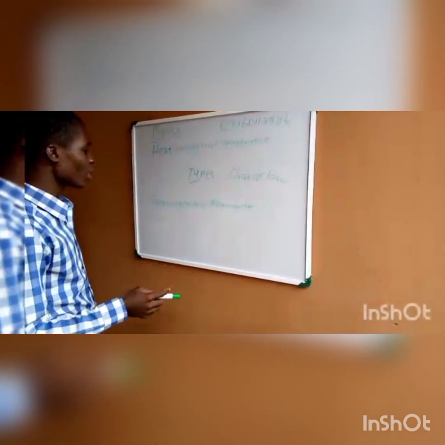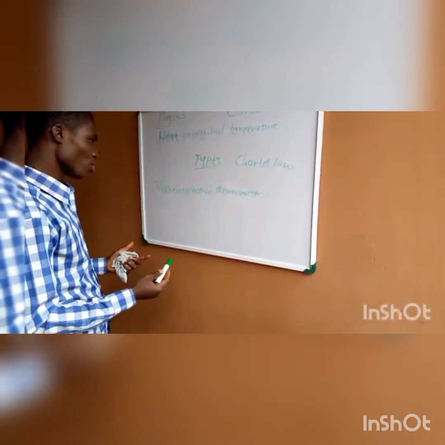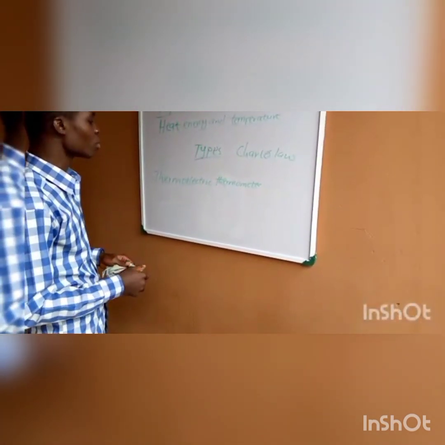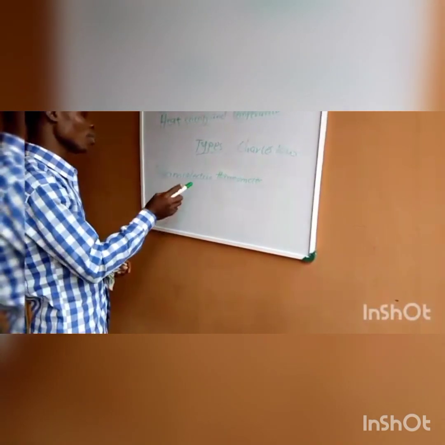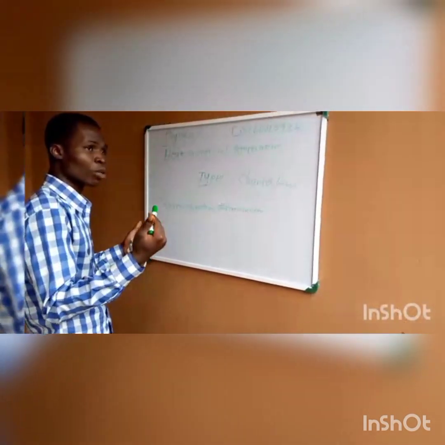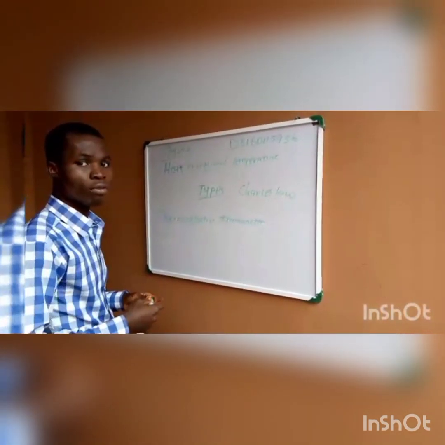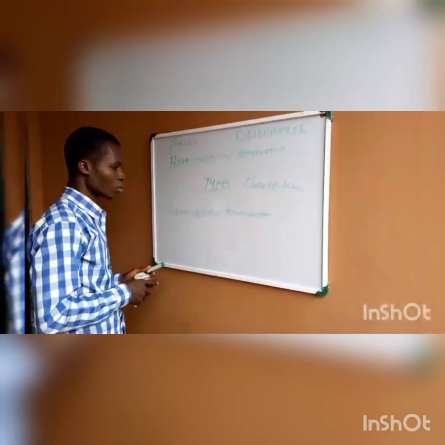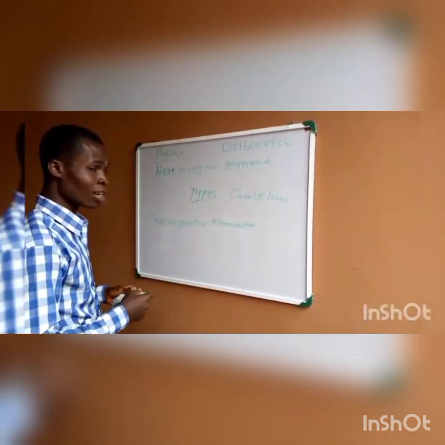So a thermometer that uses thermoelectric effect to record temperature is what we call a thermoelectric thermometer. And the thermoelectric thermometer is not bulky. It's very simple to carry about, and it can measure temperature at a point. It's also used to measure high temperatures of about 500 degrees Celsius. And another advantage is that it measures